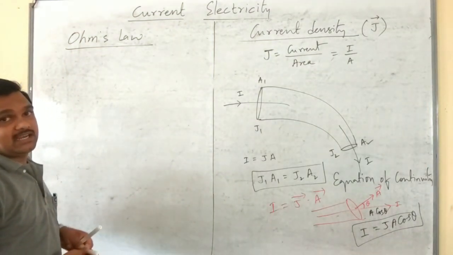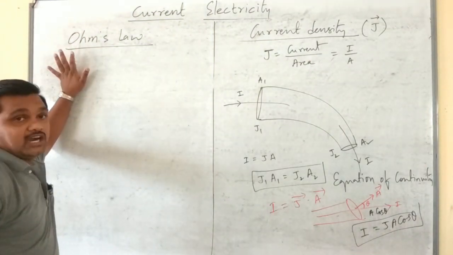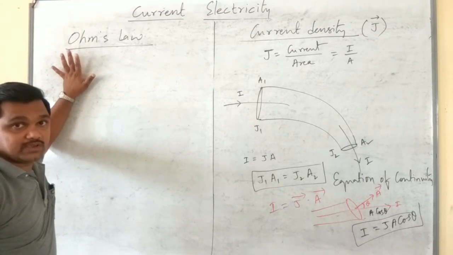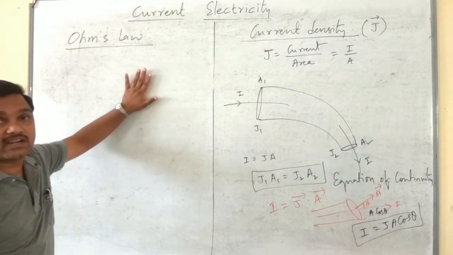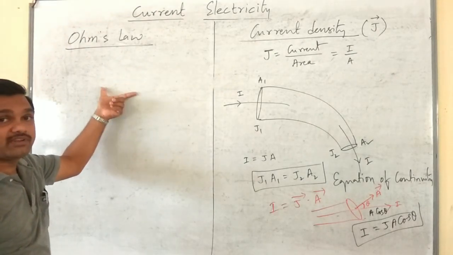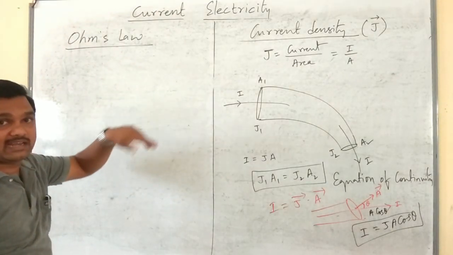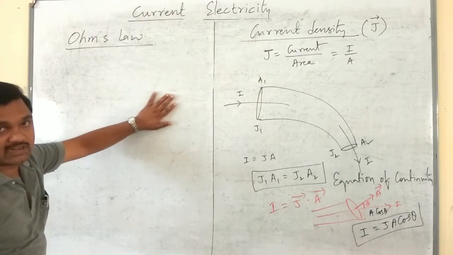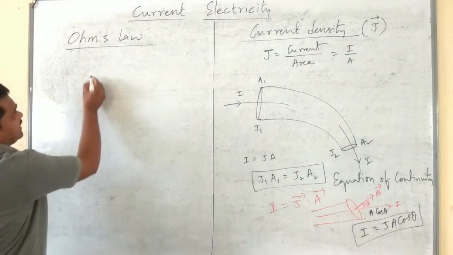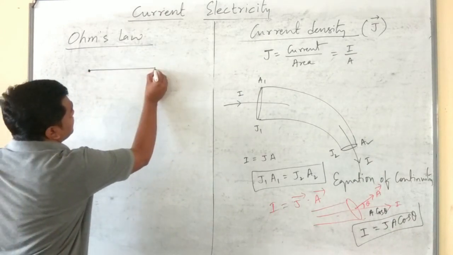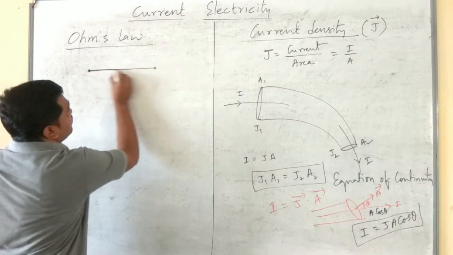It is named after its inventor, George Simon Ohm, who gives the idea about the current flowing through a conductor and the potential difference we have to maintain in order to allow that current to pass through a given conductor. Okay, Ohm's law says that, see, if we consider a conductor in the form of a wire,